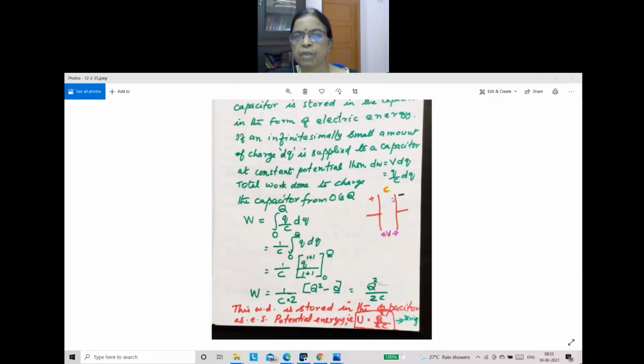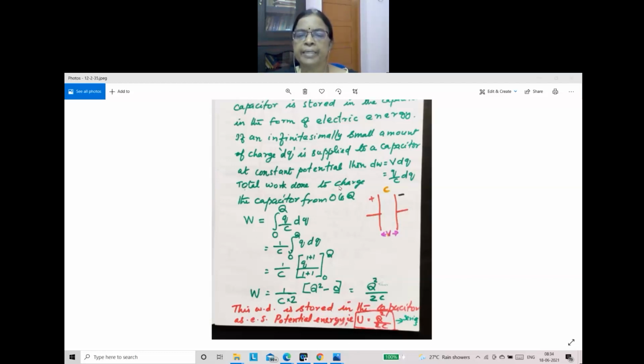And see, I showed you in a capacitor figure. One capacitor is taken, and C is the capacitance, instead of 1 microfarad, 2 microfarad. V is the potential difference applied. Figure understood, children? Yes, ma'am, we understood now.